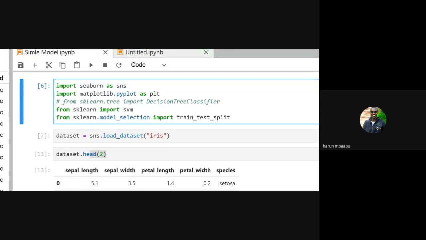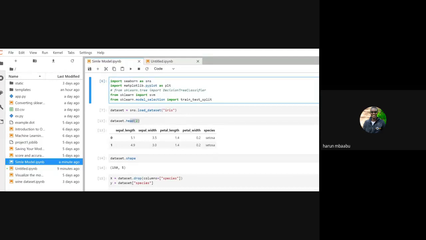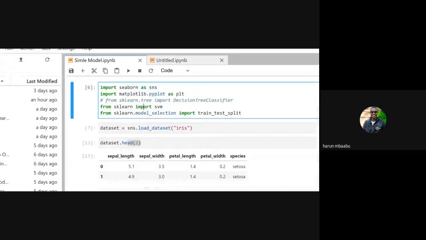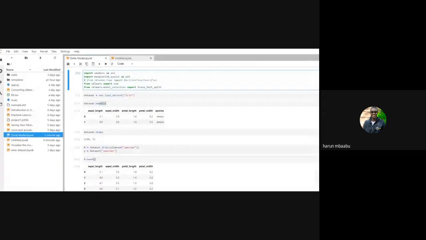The other thing I imported is another machine learning algorithm in sklearn, that is support vector machine. And the last thing, from sklearn.model_selection, we won't even use this one, so I'll comment it out. I'll comment this one out too, and then comment the decision tree. The first thing that we do is decision tree classification.